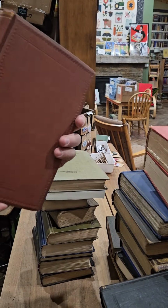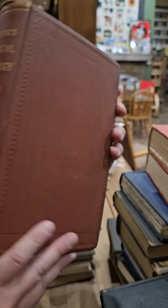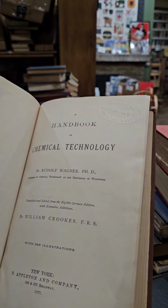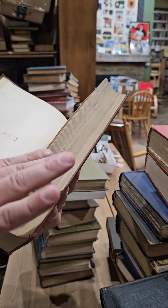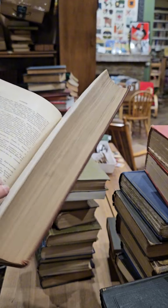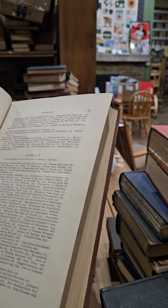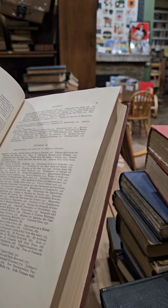All right, next we have Wagner's Chemical Technology. A Handbook of Chemical Technology by Rudolf Wagner, translated by William Crookes, published in 1877. See what kind of contents this one has. Crude materials and products of chemical industry. We got carbonate of potassium, nitric acid, common salts, manufacture of soda,